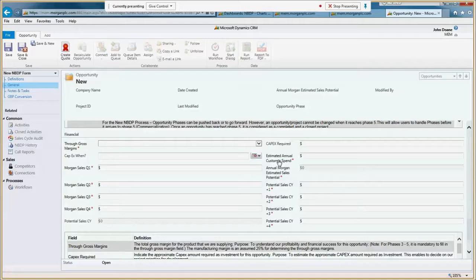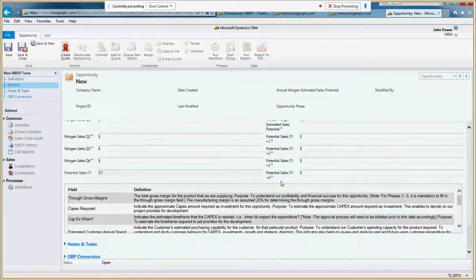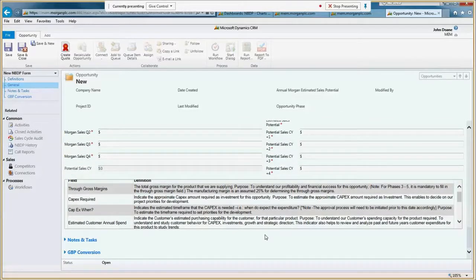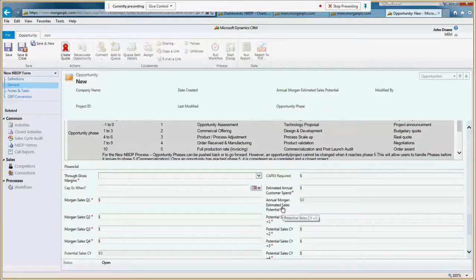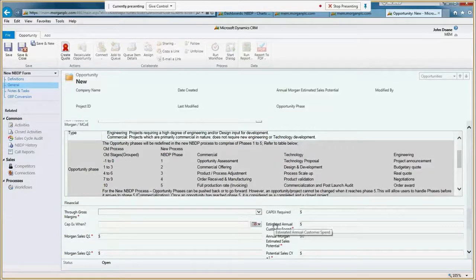And then the remainder of the fields, I believe, are really the same as what you've had before. So there's a few changes, but really the form works the same way. And if you see something that is missing that you used before and was valuable to you, please take that up with your business's NBDP manager, whoever's primarily in charge of that for your group, and have them bring that